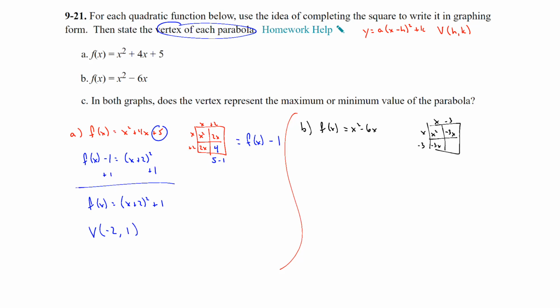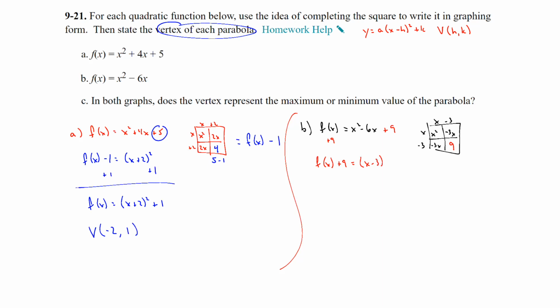So therefore, how many tiles do we need? Well, we need 9 positive tiles. Negative 3 times negative 3 gives us an area of 9. So right now we have nothing. So we need to make sure that we add 9 to this side to complete the square, and then add 9 to this side. So that'll be f of x plus 9 is equal to,